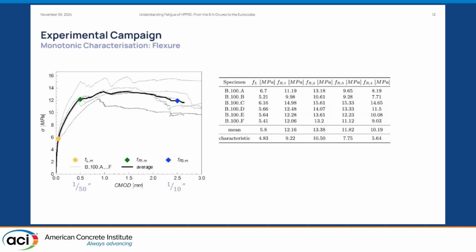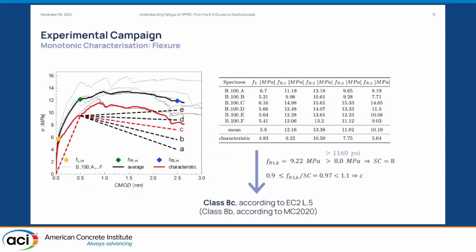These two values are usually referenced for serviceability limit state and ultimate limit state. We then classified the material according to the classification that we can now find in Eurocode, which was loosely based on the one that we also have in Model Code. Basically, the classification entails one number, which gives us the strength class. Here we obtain a strength class in flexure of more than 8 megapascal. And then the letter gives us an indication of the post-cracking behavior of the material. Here with the letter C, this is a material, I would say, elastoplastic, slightly softening.